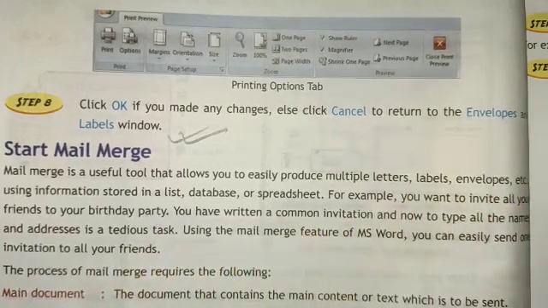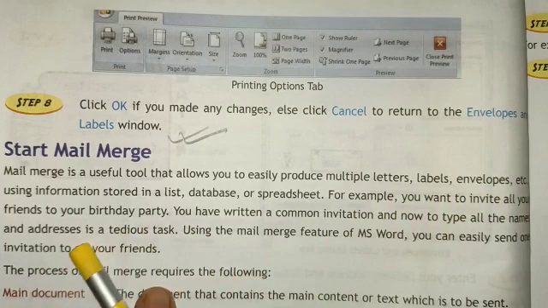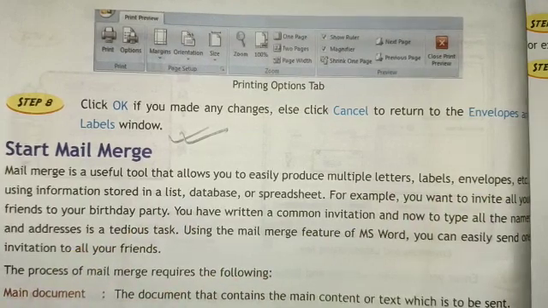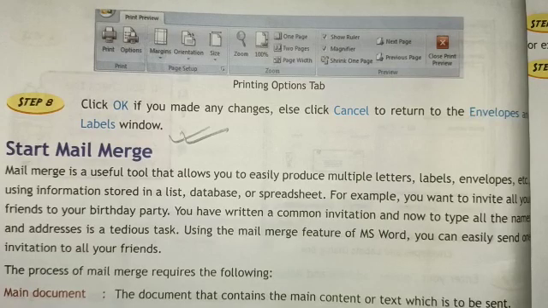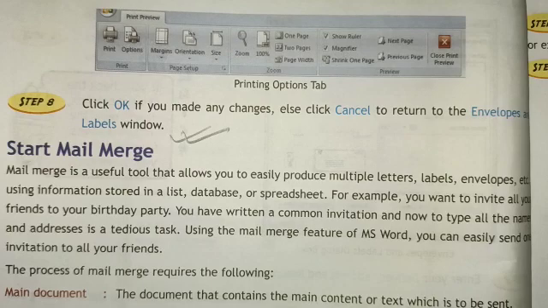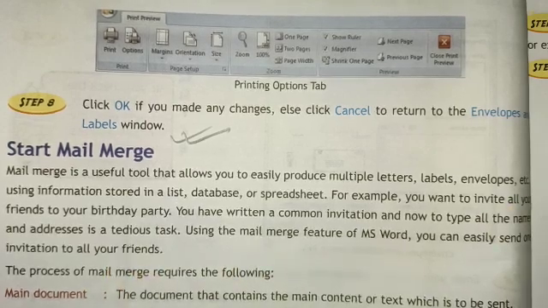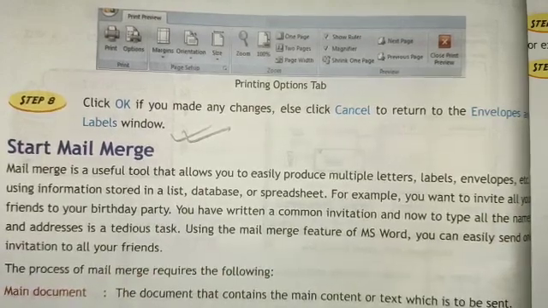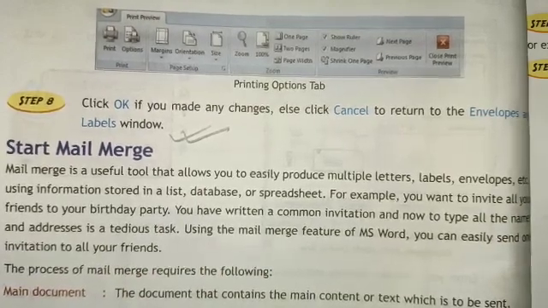For example, if I have a party and I have to invite all of our friends, then we will make a common invitation letter for all the friends, and then we have to write the addresses for all of them.